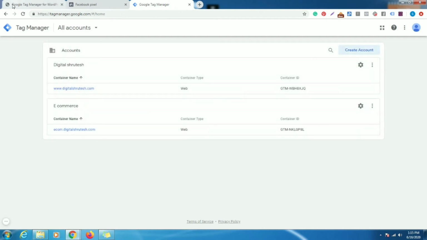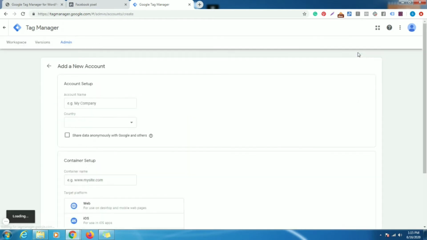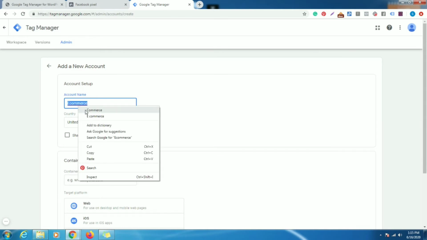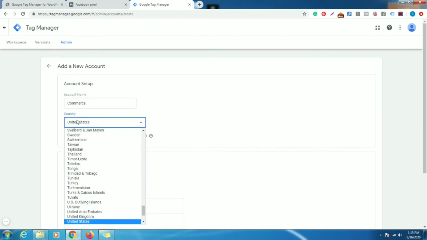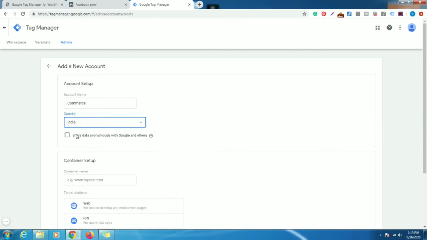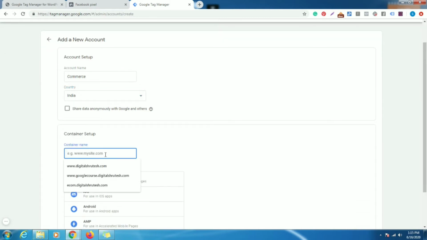If you want to attach a newly created site to the Google Tag Manager, create an account and you can enter here company, e-commerce, then we will select a country, India, and then put the site here.